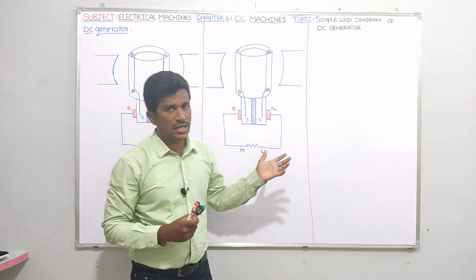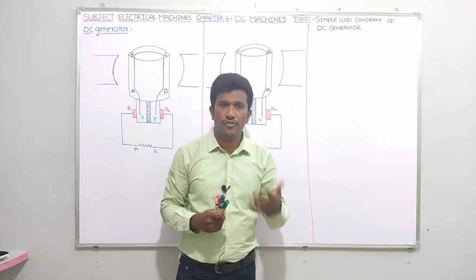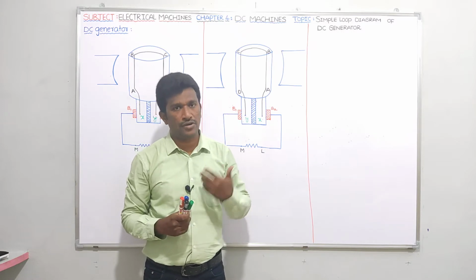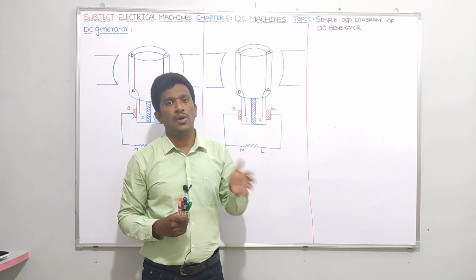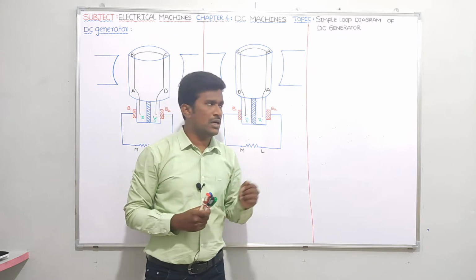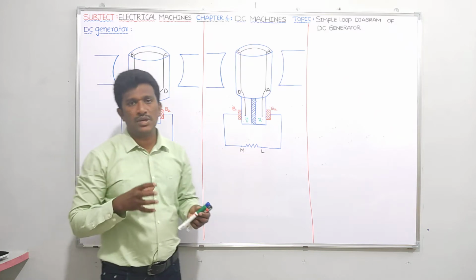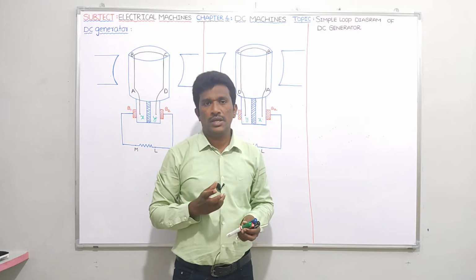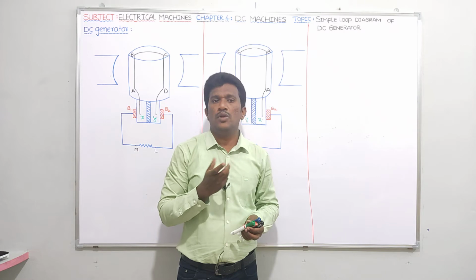In a DC generator, we are going to have a dynamically induced EMF because of relative space variation between the conductors and the magnetic field, where the conductors are moving and the magnetic field is time invariant. Everybody knows the conductors are moving, because in this generator, by using a prime mover, we rotate the conductor. So obviously the conductors are moving. And what about the magnetic field? I said it is time invariant.